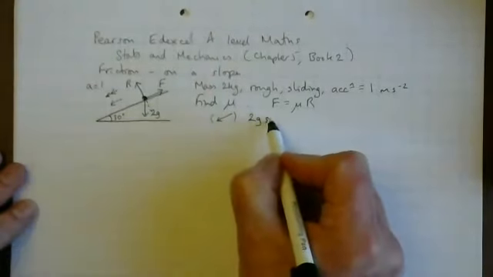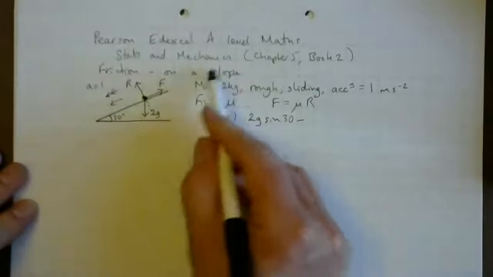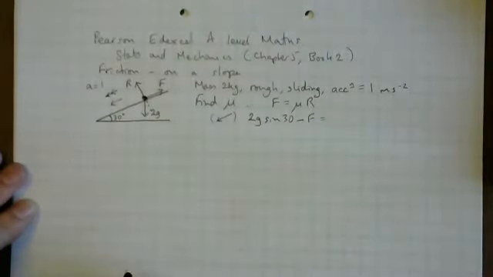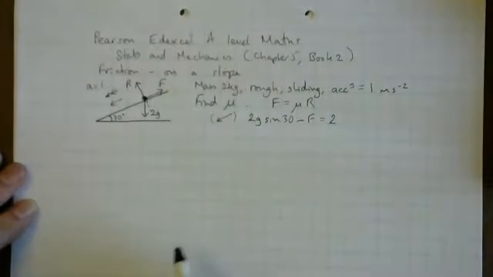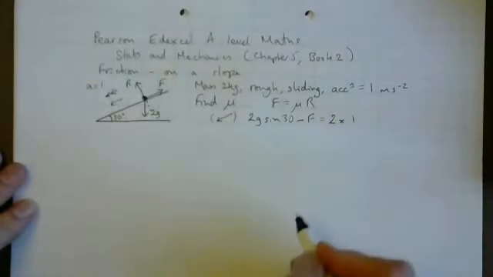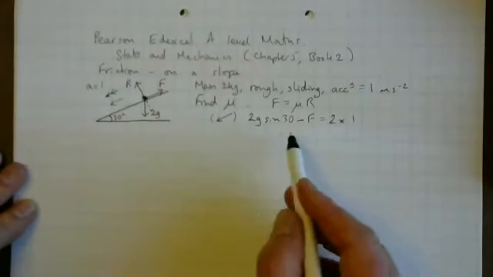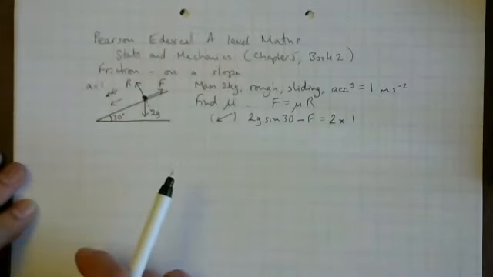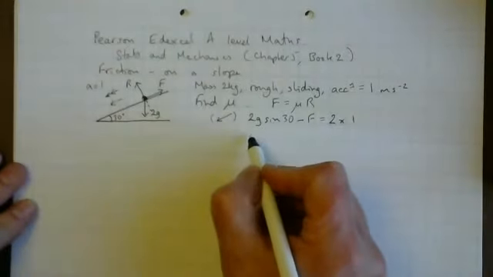So in this direction, I have 2g opposite, so sine 30, minus, in this direction, F equals mass, the mass is 2 kilograms, times the acceleration, which is 1. Now I know 2 times 1 is obvious, but you get marks for working, so show your working. 2g sine 30 minus F is 2 times 1. Sine 30 is one you're supposed to know. So sine 30 is a half. If you haven't learned that yet, try and learn it. 2g times sine 30, so that's just g